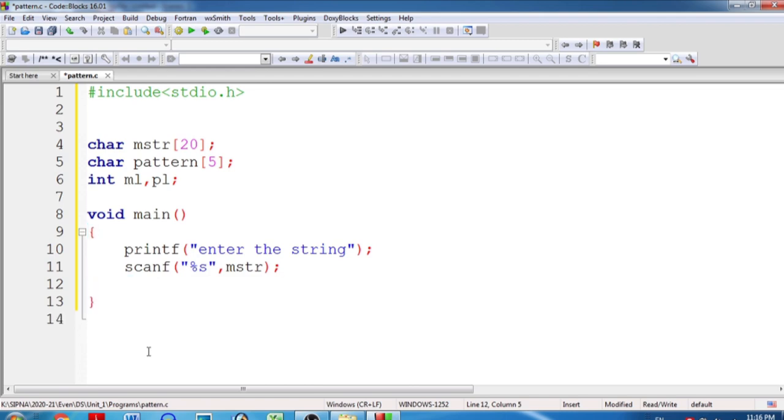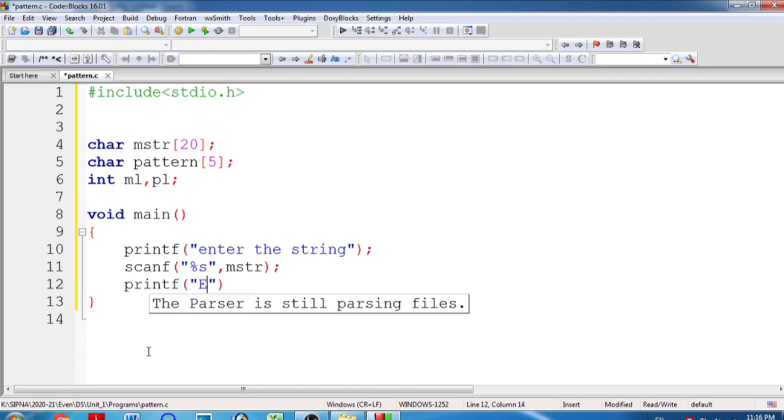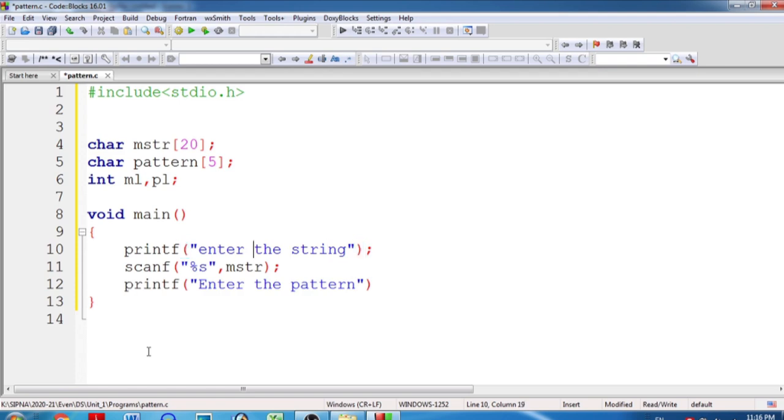Next will be printf, where I ask the user to enter the pattern. Let me make this E capital.